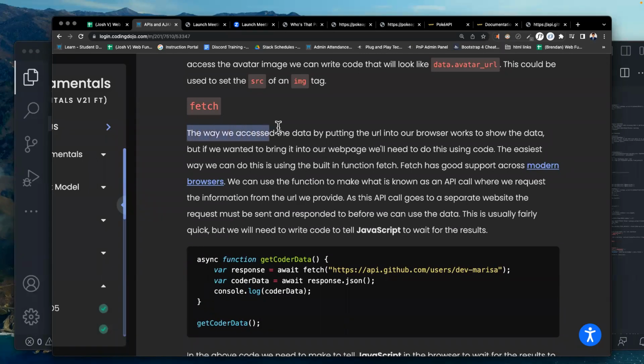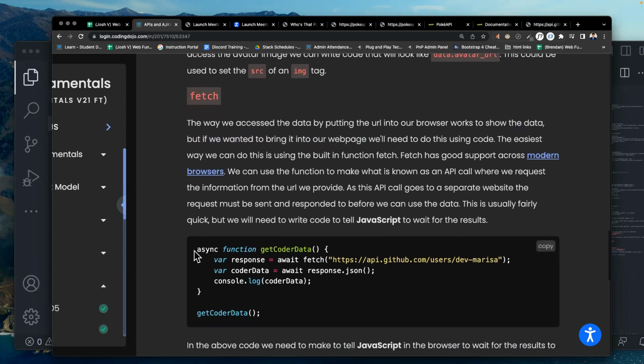The way we access the data by putting the URL in our browser works to show the data. But if we wanted to bring it into our web page, we'll need to do it using the code below. The easiest way we can do this is by using the built-in function fetch.